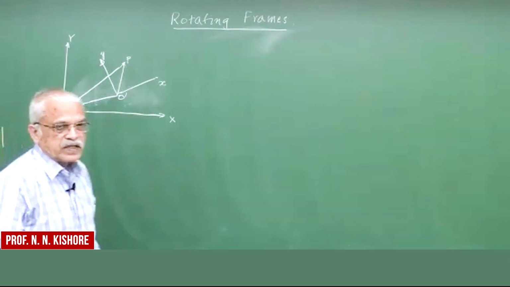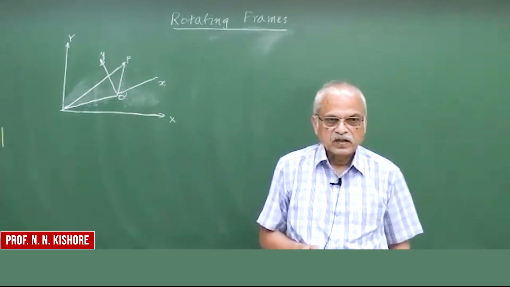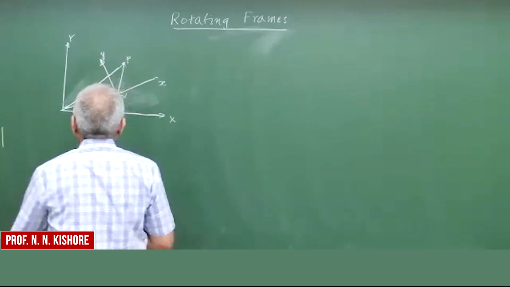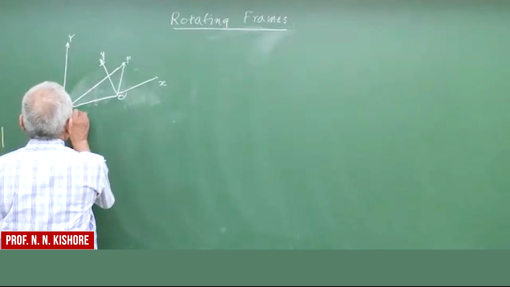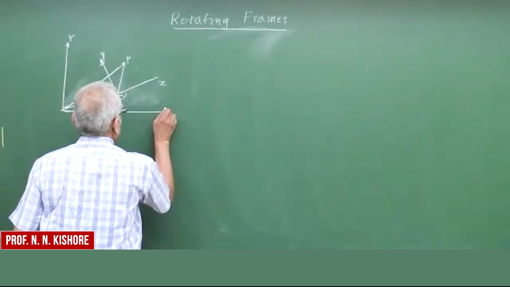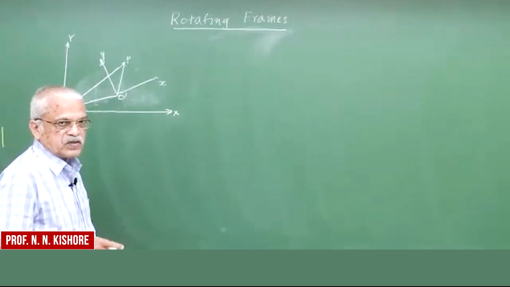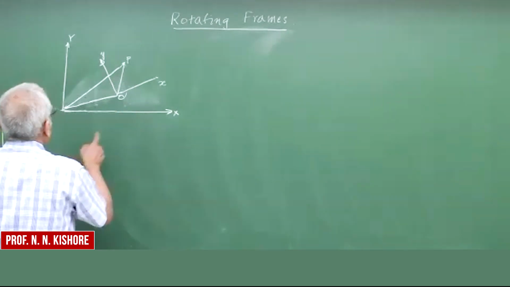let me change the nomenclature a little bit. Earlier I was using xy and x prime, y prime. Now let's do that as big XY and small xy. So it's easy to say. Okay. So now